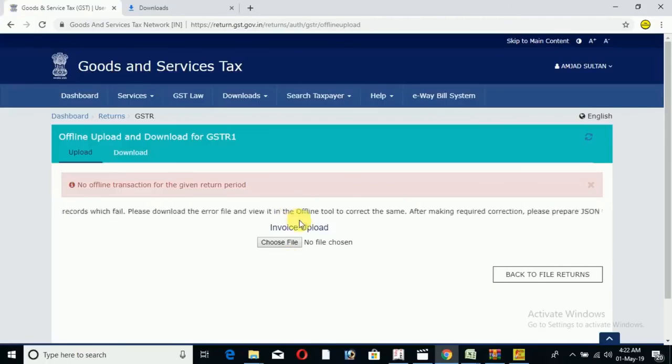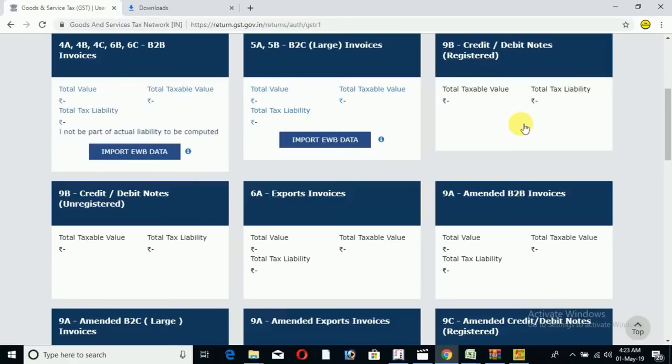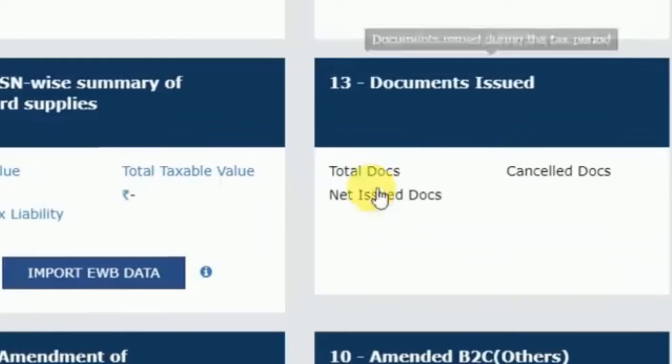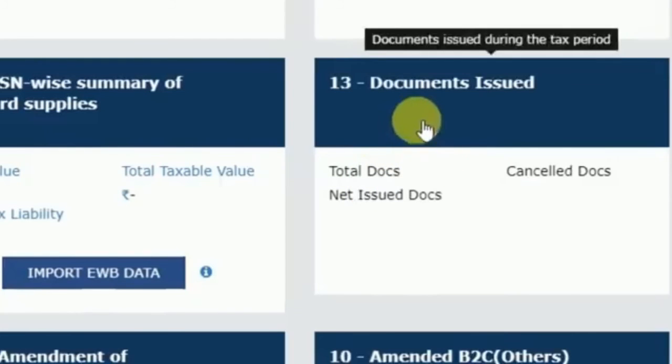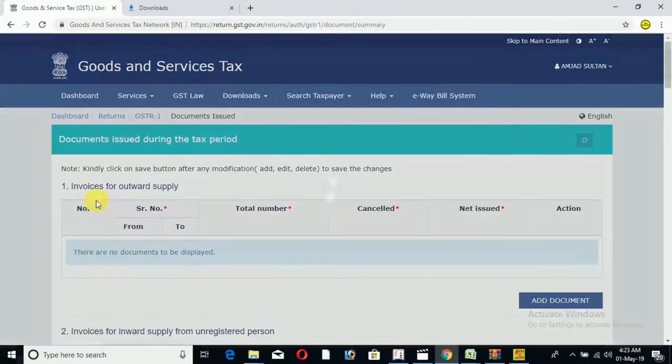Whenever you upload the file, go to Returns after 15-20 minutes. Now choose Online. You may need to fill Documents Issued. Click on Add Document.